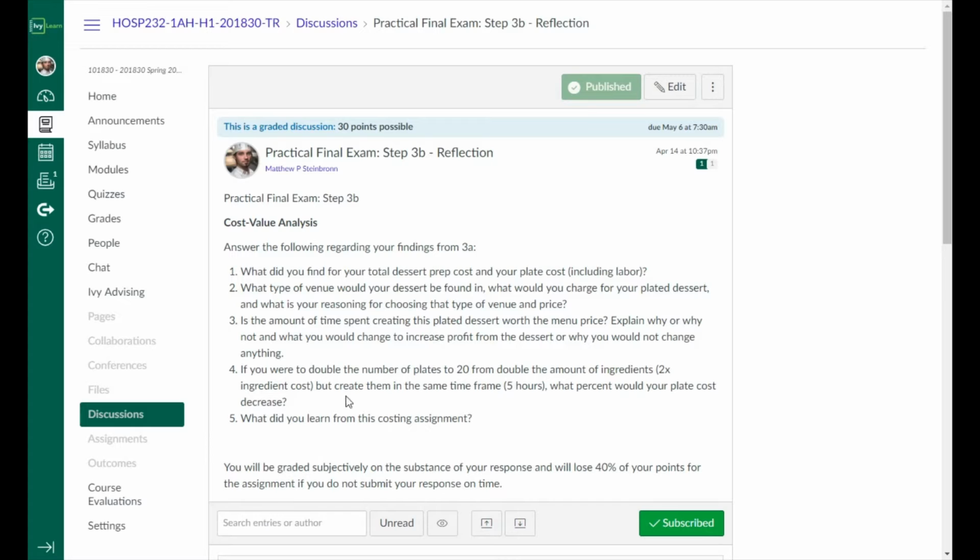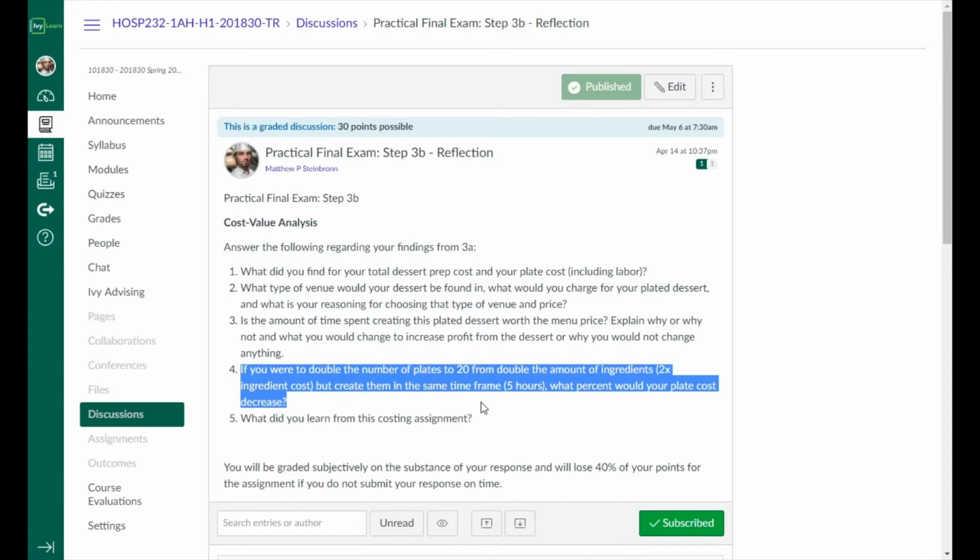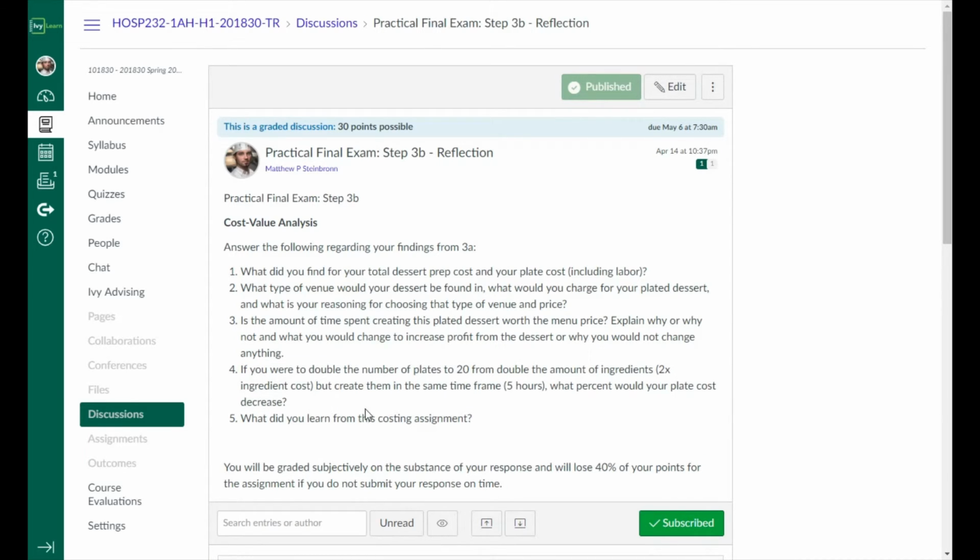And then step 4, if you were to double the number of plates to 20, and therefore doubling the amount of ingredients you would need for those 20 plates, but completing them in the same amount of time, 5 hours. So your labor cost stays static, but your plates and ingredients increase. So less time, less labor, what percent is your plate cost going to decrease? So taking that labor number, it's applied to double the amount of work. You're doubling your output. So calculate that and compare to create that percentage. Then you're at number 5. What did you learn